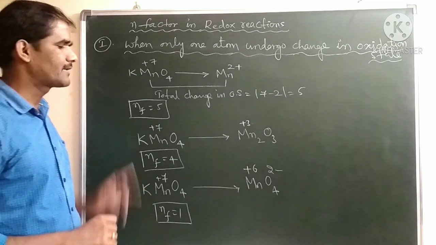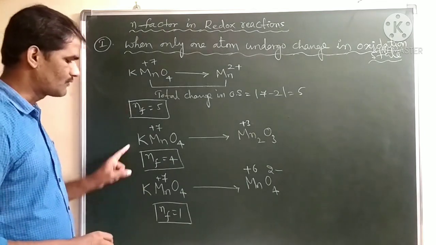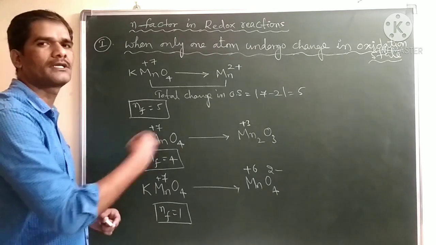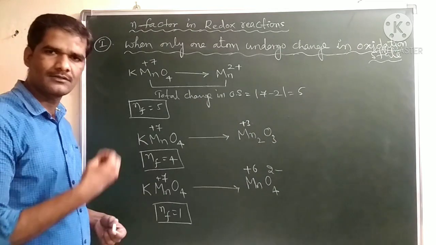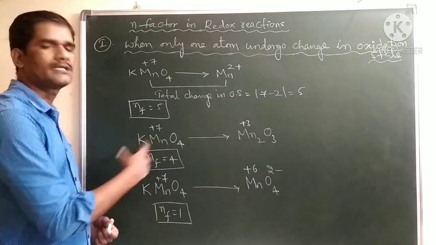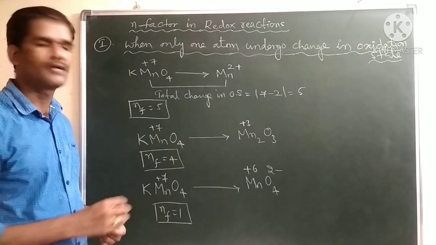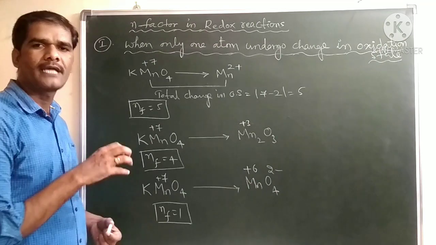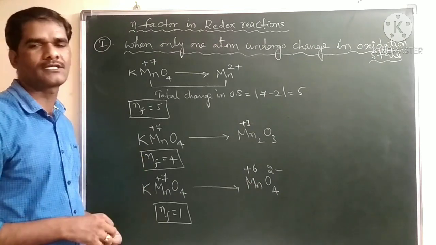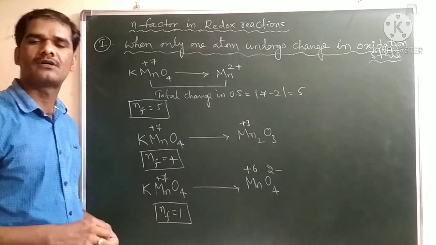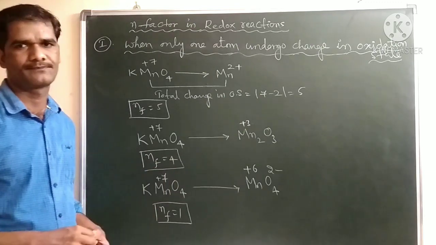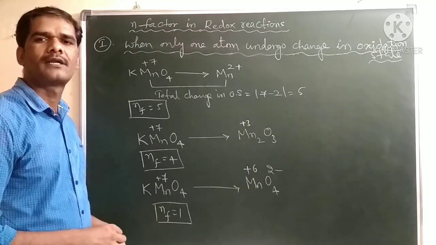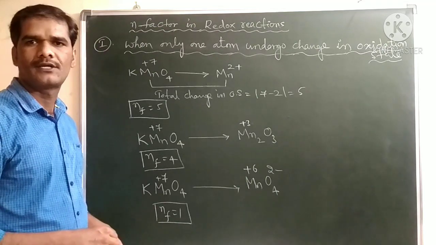Now this gives a clear picture that the same KMnO4 shows different N factors. That depends on the reaction conditions, meaning how many electrons it is gaining, or what is the change in oxidation state. So accordingly, we have to calculate the N factor for a particular reactant. The N factor of a reactant in a redox reaction depends on the change in oxidation states or reaction conditions. We'll take some more examples to calculate N factor of reactants which undergo redox reactions.